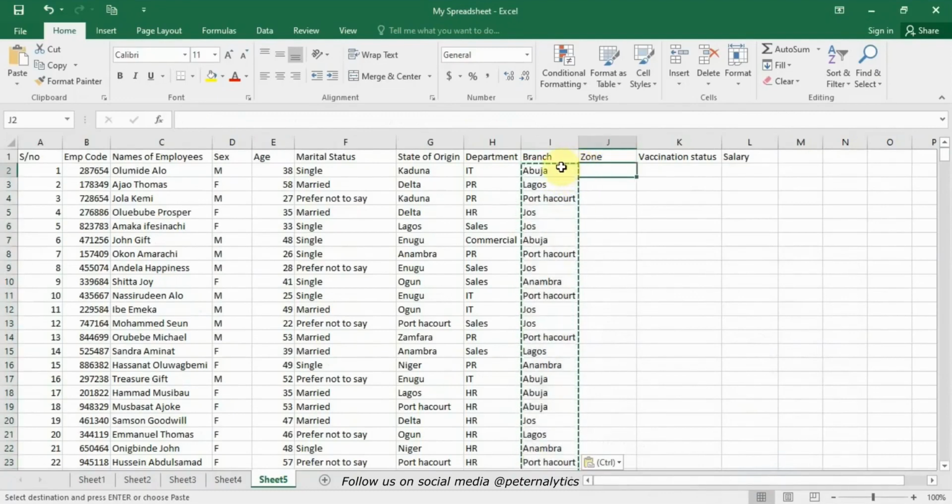So now we want to see the zone where all these branches dey. For Abuja, we fit say okay, Abuja na the head office. We fit say Lagos na southwest zone. We fit say Port Harcourt na south zone. Jos na the northern zone, and then we fit say Anambra na southeast zone. So Abuja head office,